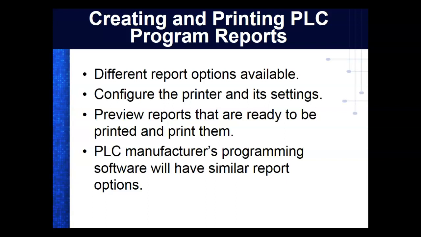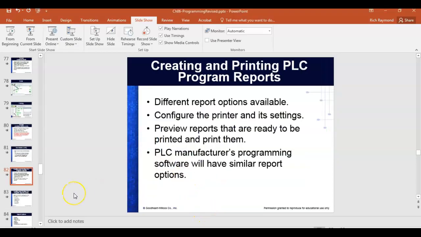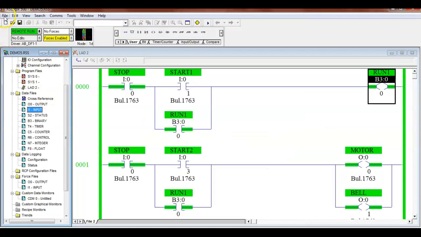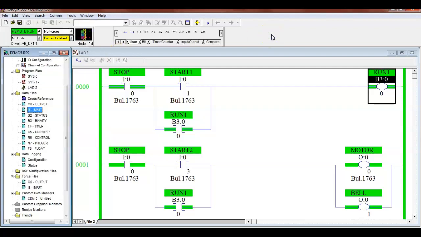We're not going to print. Y'all don't have the ability to print anyway. But if you come up here and look at this option, I printed off every one of these programs for the Festo line. But if you've got a printer hooked up, you have the option to do what? You can print the report, you can set up the printer, you can print the program, actually print the program off,